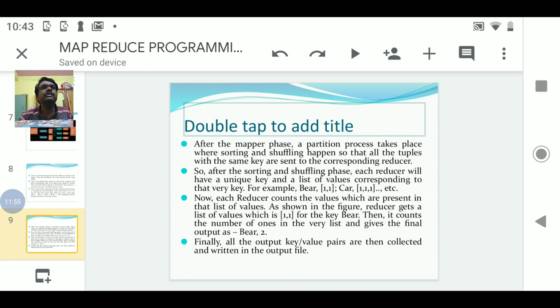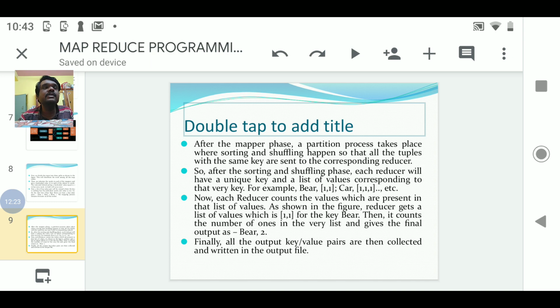So the reducer is going to contain tuples. Each reducer will have a unique key and a list of values corresponding to that key. For example, bear is a key, and 1, 1 is the list of values. So what is the reducer trying to do? It is going to count the values present in that list of values.